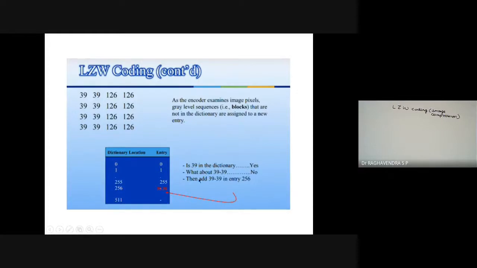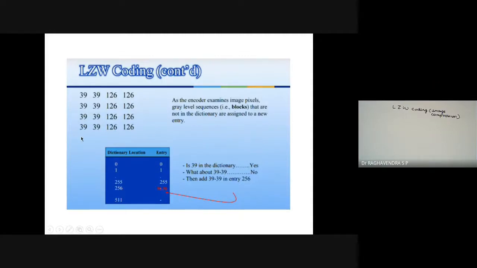But if you consider difference coding, you are going to add a new entry, 39 minus 39. It is 0, but 39 minus 39 itself is not present in the dictionary. So that is why we need to fix this to a new value, the 256th position. So this is LZW coding.